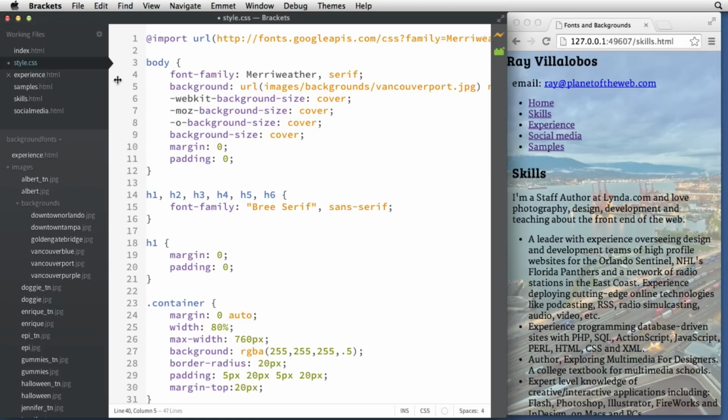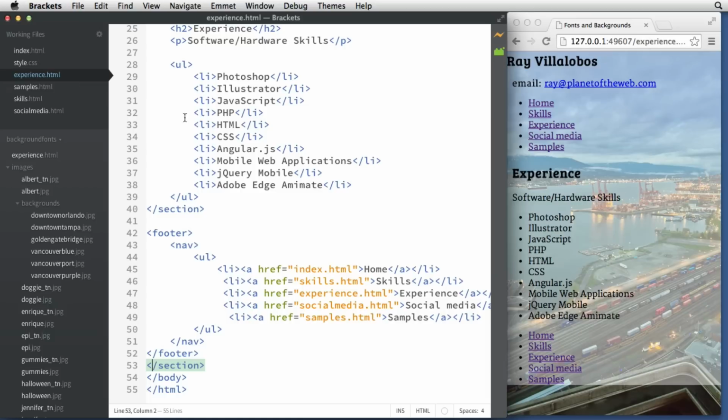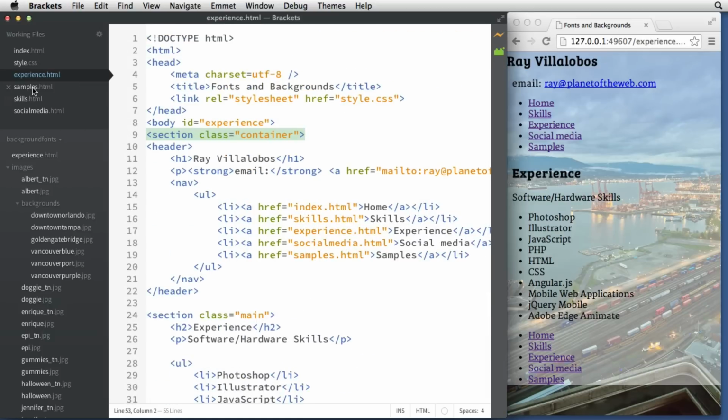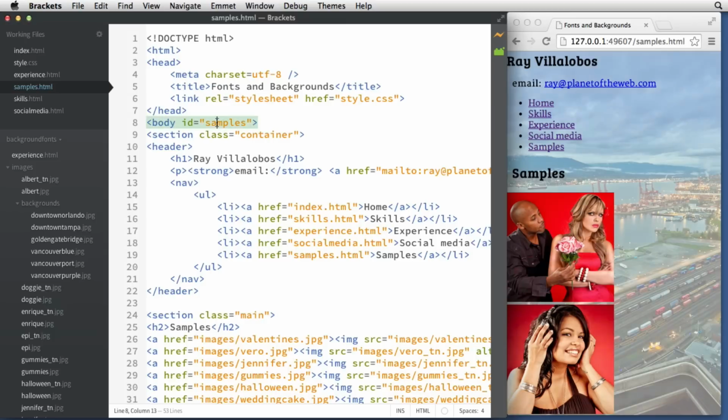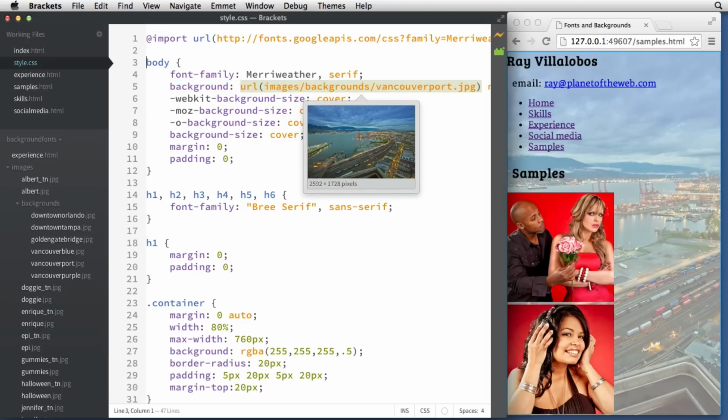So the way that I would do that is right now, let me go ahead and save my style sheet. I have in my style sheets, right? I have this place where I load sort of a background image, right? Luckily for me, I have in every page added some HTML that tells the browser which page I'm on. So in the body tag, we created an ID of home. So in the experience sections, for example, we have an ID of experience and samples, et cetera, et cetera. So these all have IDs depending on which page you're on. That means that we can create different style sheets that load up different